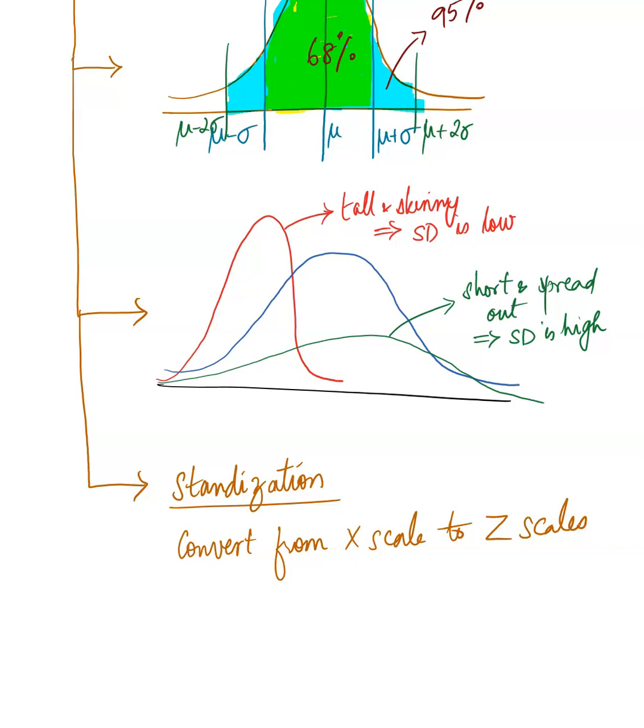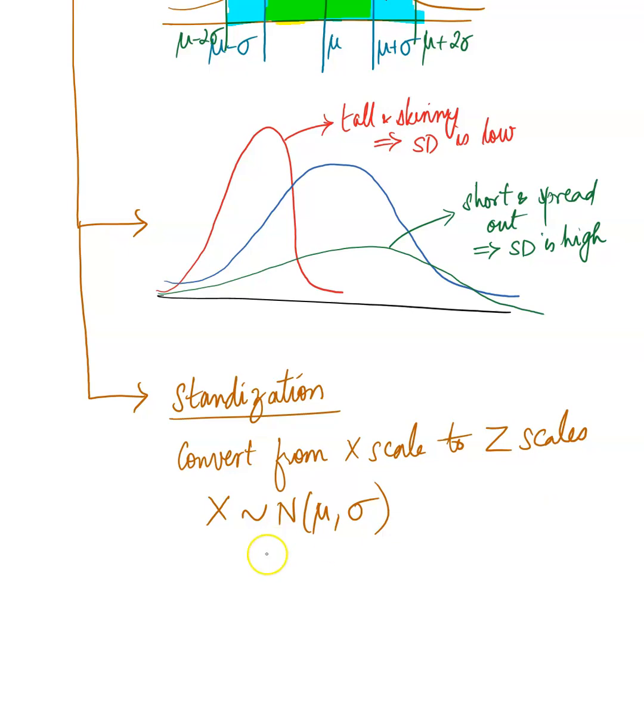So your mean could be 10,000 tons, or it could be 0.05 millimeters if you're measuring something really small, or it could be 7 hours. So it gives us different values in different units. But when we standardize it, all those things are eliminated, and all we have is, from an x scale that is normal mu comma sigma, you convert to